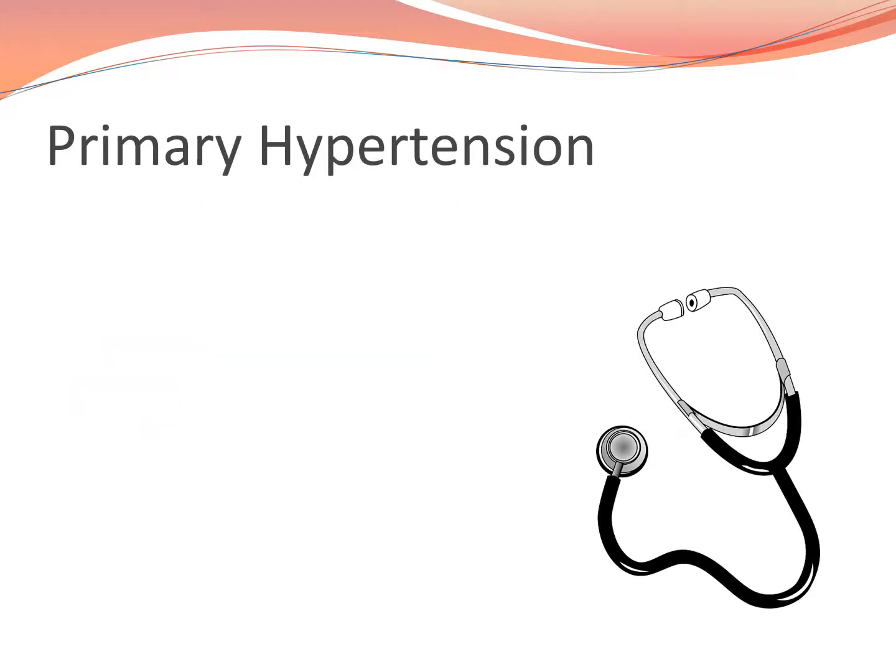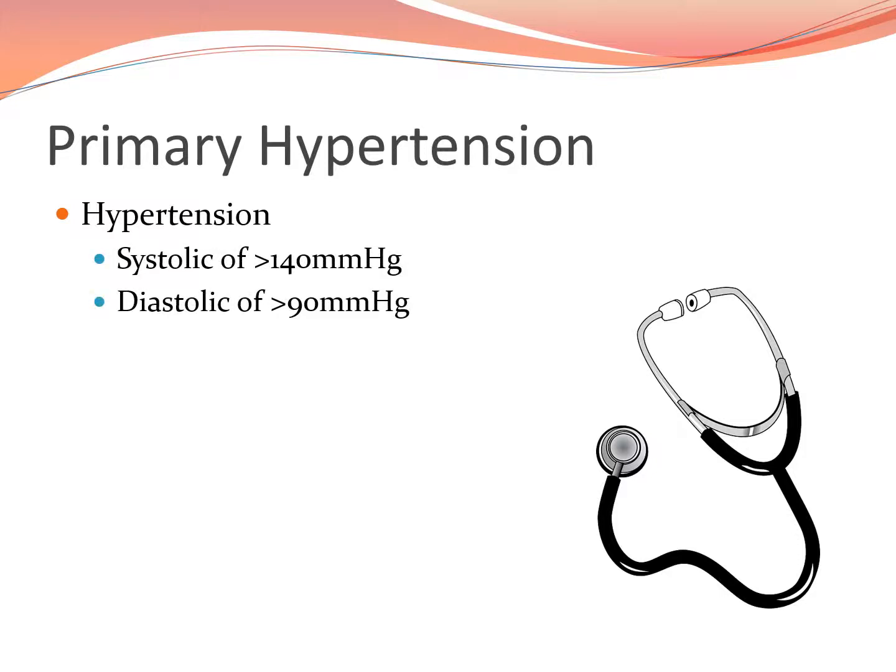Primary hypertension. Hypertension is a constant elevation of the systemic arterial blood pressure, with the systolic pressure greater than 140 millimeters of mercury and the diastolic pressure greater than 90 millimeters of mercury. Primary hypertension is a type of hypertension that doesn't have an identifiable known secondary cause responsible for the high blood